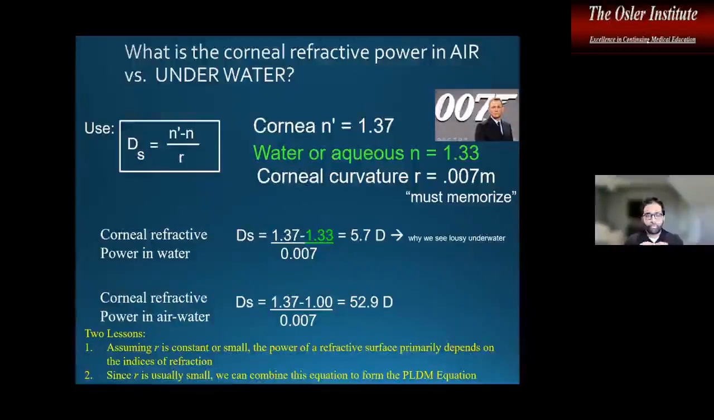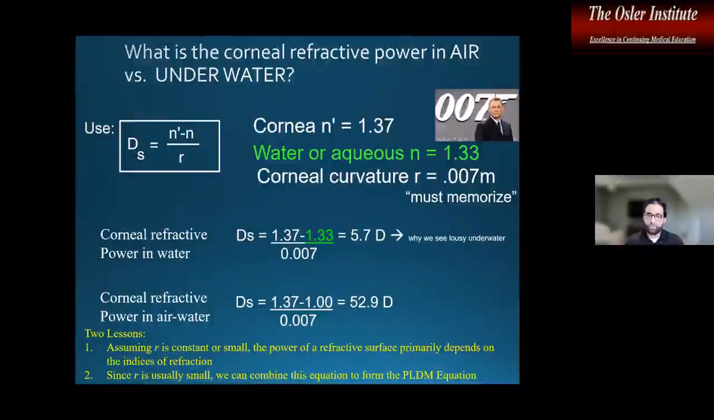But why do we go through this exercise? It's to show a couple of things, because this is almost close to 0, right? This is 0.07, this is close to 0. So the power of a refractive surface really depends on the index of refraction. That's why we said the power of lenses depends on the media, the lens can have extremely different powers. So because R is usually small, we can ignore it for most of these,